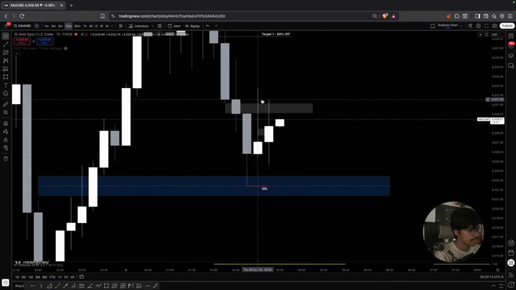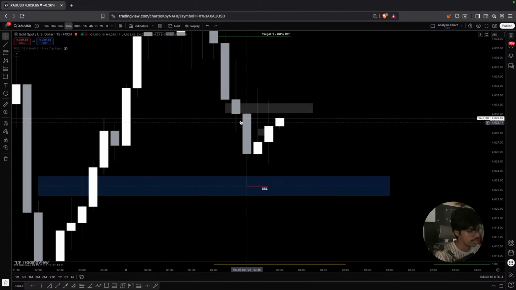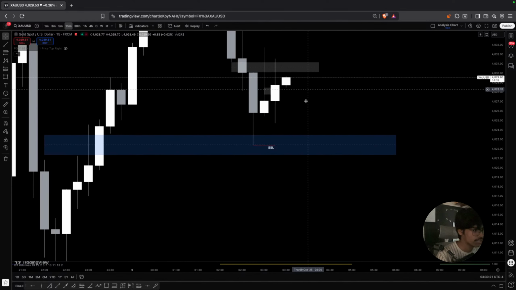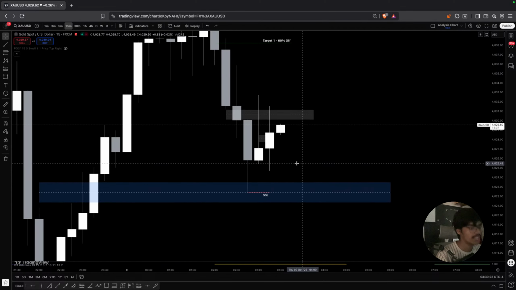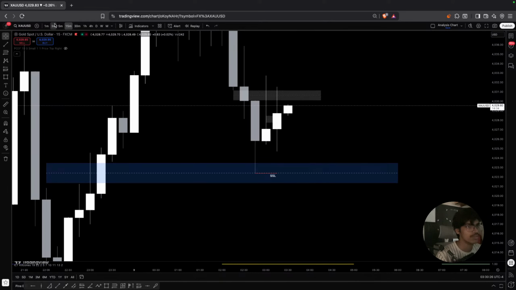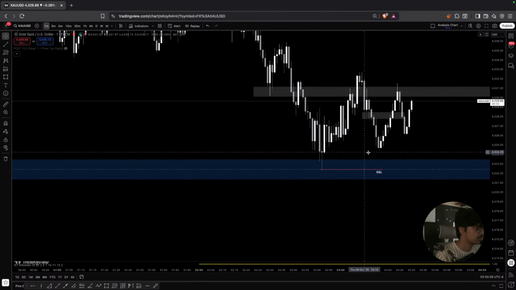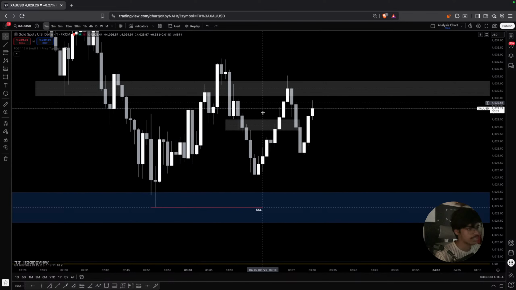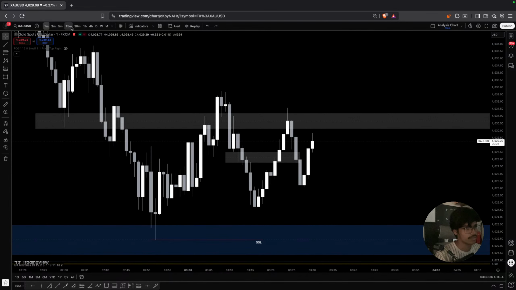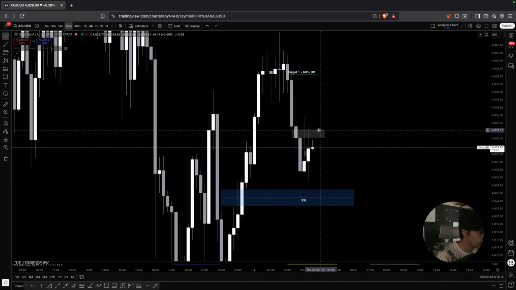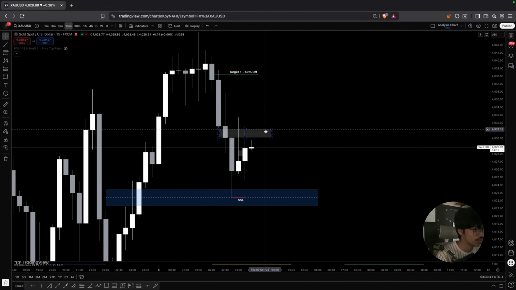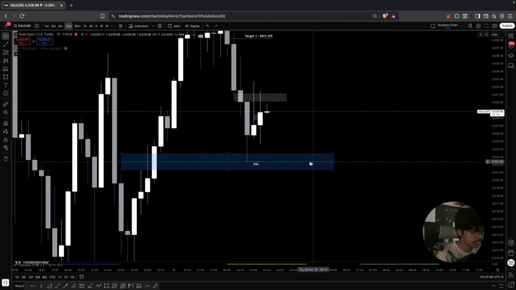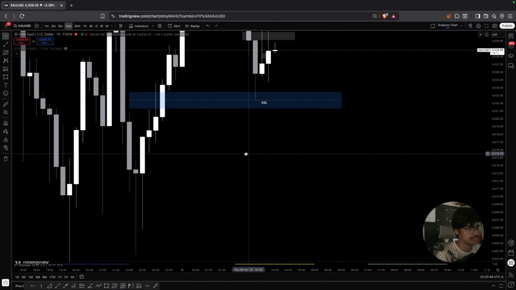As you can see, the 15-minute candle didn't even close above this point. If it closes above this one, then you look for bias. If it takes out these lows, then you look for bias. That's what I am asking you guys to do. A lot of gyration is there. If you want to catch a great move, wait for the confirmation. Wait for the market to close above this point. If 15-minute candles close above this point, that's when we look for good trades. Or if it takes out this low, that's when we look for good trades.